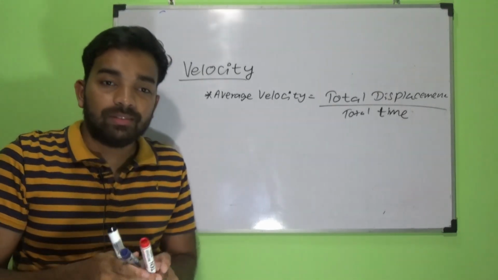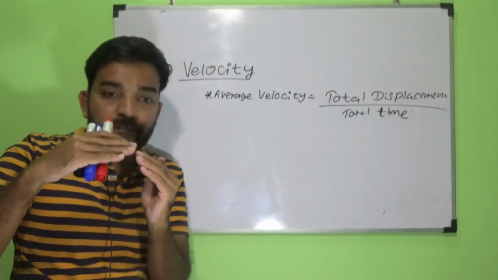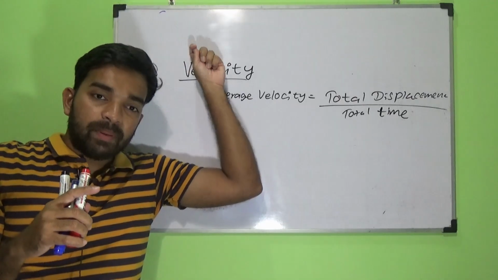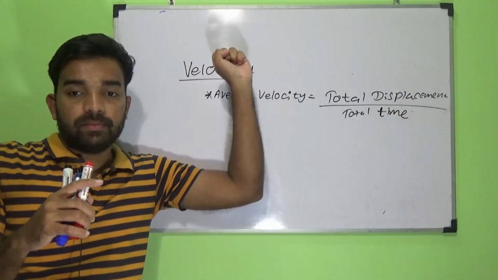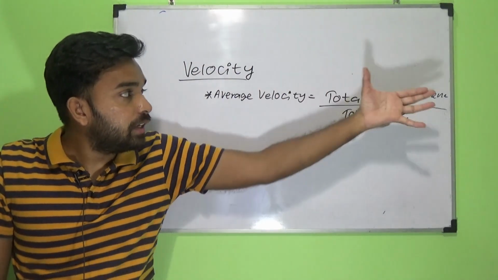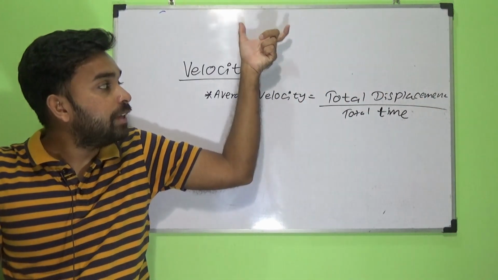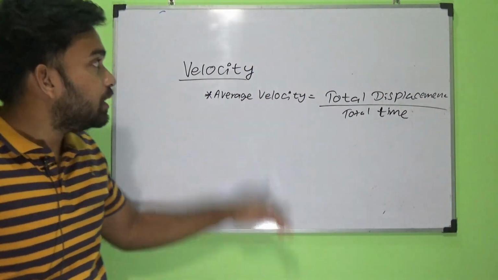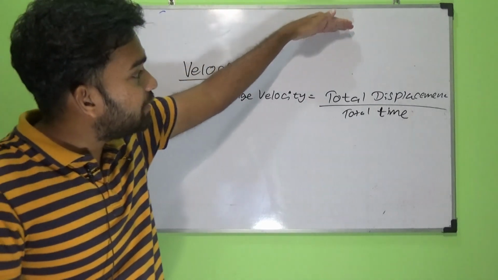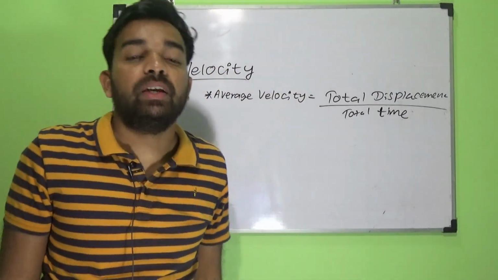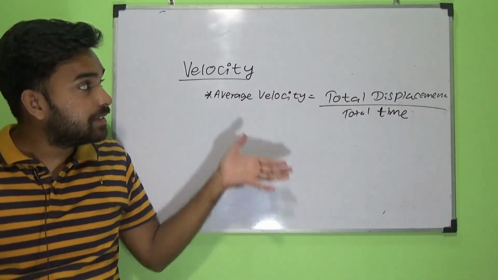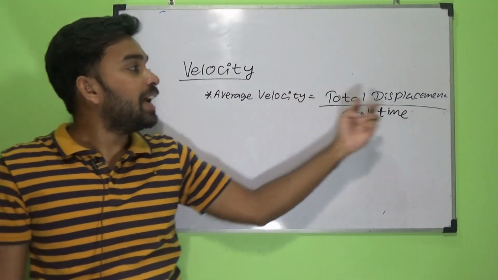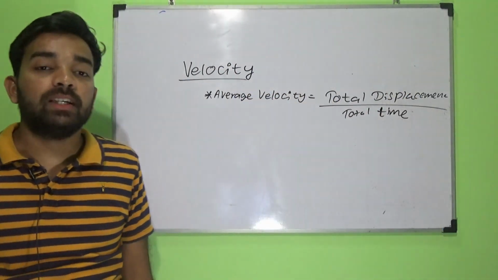Total displacement. The only difference in every equation, keep it in mind, is that if it is speed, it is distance. With velocity, it's displacement. With speed, it's distance, because speed and distance both are non-vectors. But velocity and displacement both are vectors. Let's think,